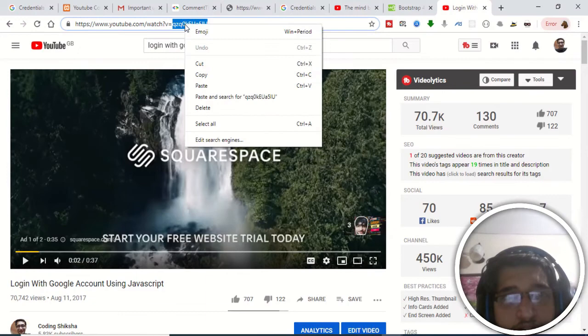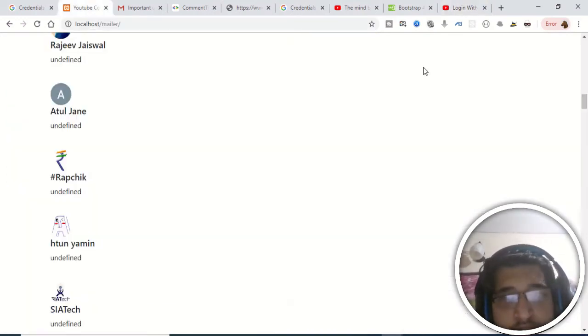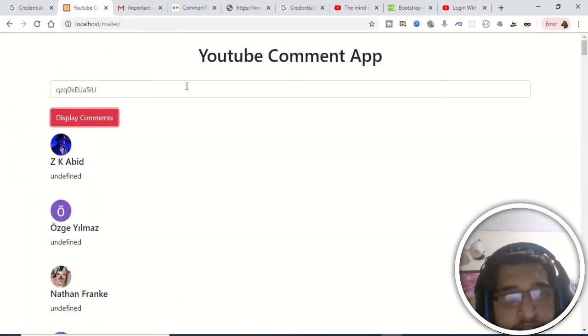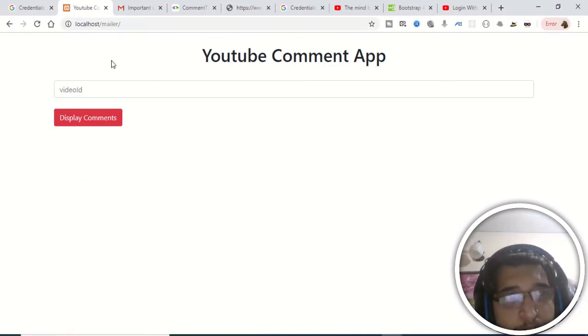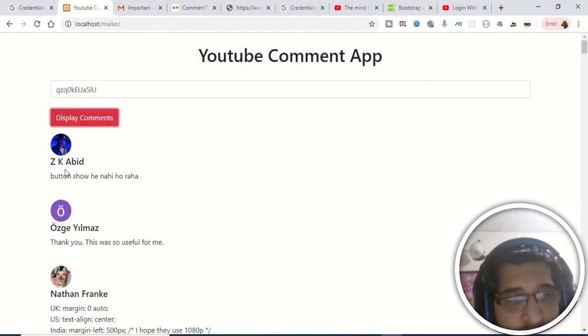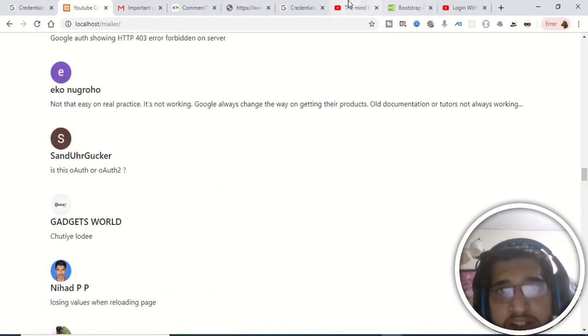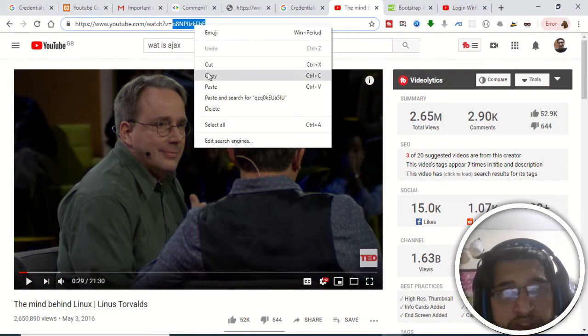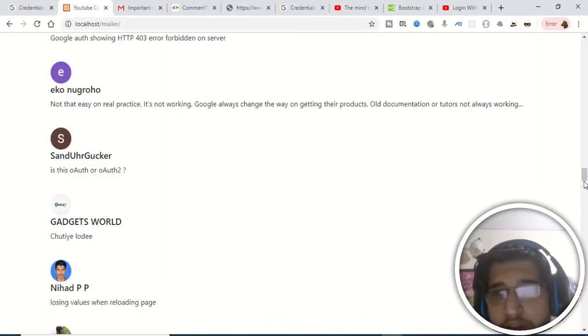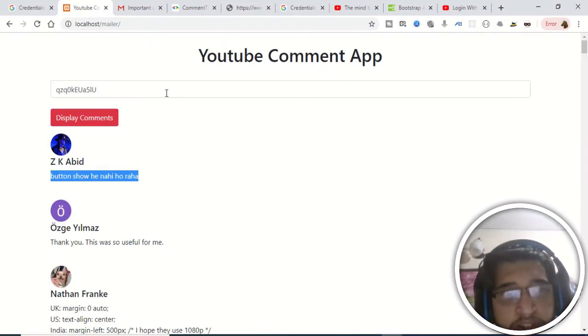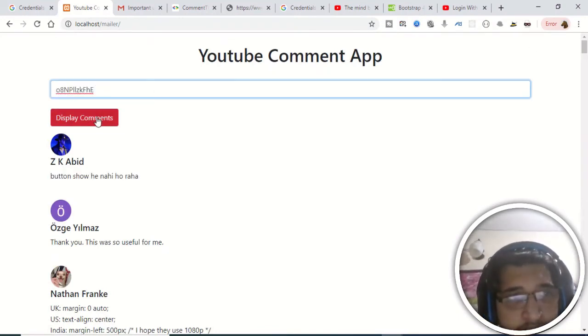If I just copy it and again refresh the application and paste this video ID and click on display comments. Let me just refresh the application, click on display comments. So now you will see that guys, it is also displaying the comments. So now we have successfully created this application guys from scratch. You can just take any video as an example. If I just copy paste this and paste this video ID and click on display comments,